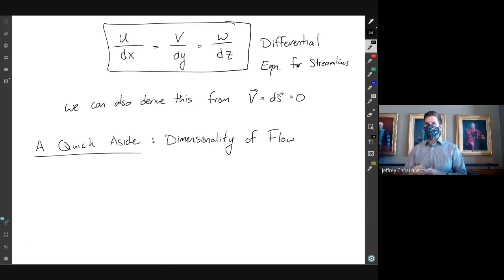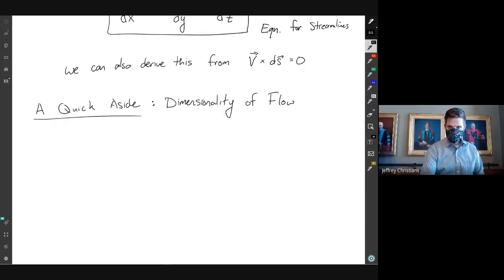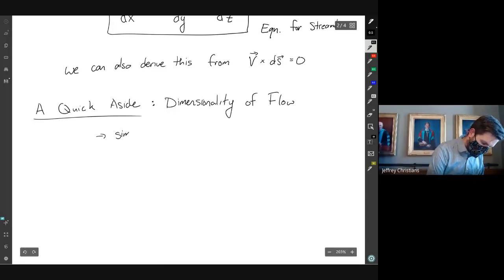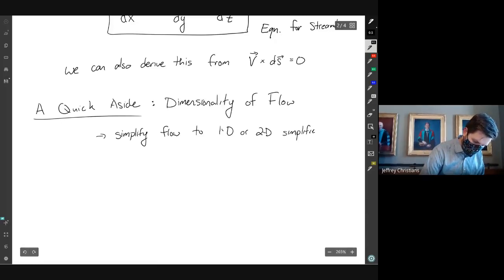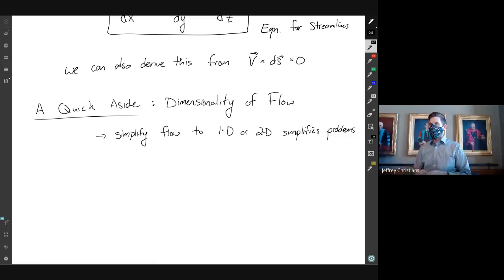So we'll take a quick aside and just remind ourselves what we mean by that. So simplifying the flow to 1D or 2D simplifies our problems, it simplifies our math,